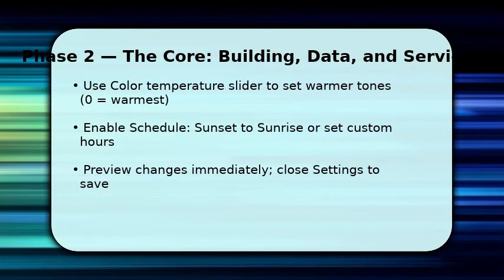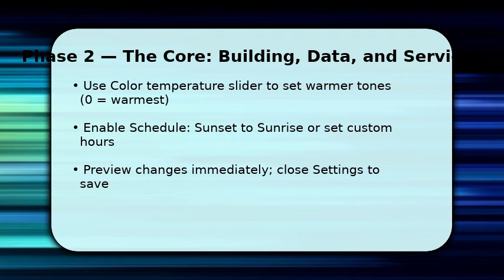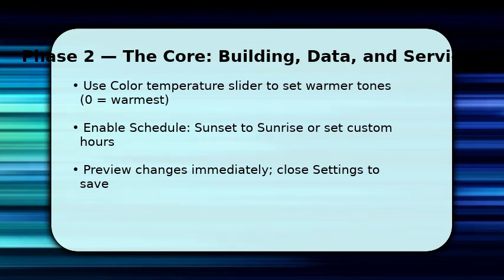Now you adjust how Night Light behaves. Move the color temperature slider toward warm to reduce blue light. This affects perceived brightness and sleep signals. Once done, enable Schedule, choose sunset to sunrise for automatic activation, or set custom hours like 22:00 to 07:00 to